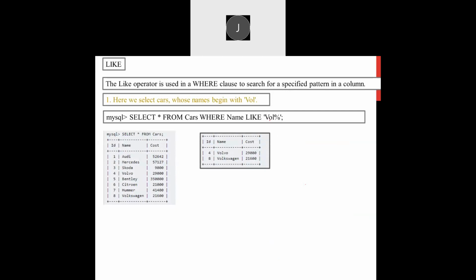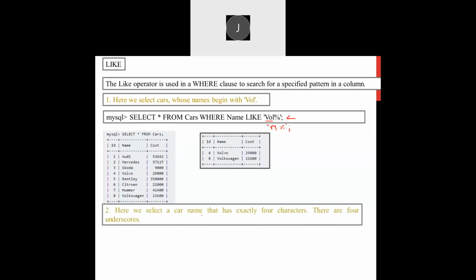What this query will do is select from the cars where name is like VOL, so the name starts with VOL, and whatever is at the end, it doesn't care. It can be Volvo or any other car. If you say Mercedes and Maruti, it starts with M and ends with anything, that's what the percentage regular expression means. Likewise, here we select a car name that has exactly